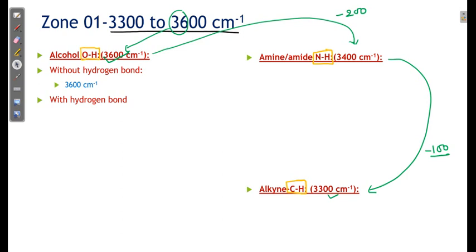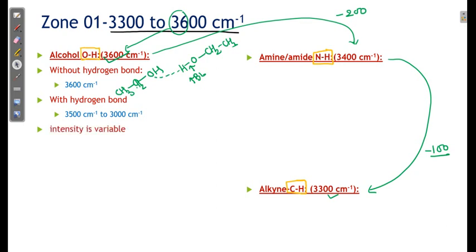the wave number value. Suppose this is my hydrogen, and another one is here, like this. So this will form this bond. When they make the bond, the bond length increases a little bit. If the bond length increases, we require less energy to stretch it. So we get a range of less than 3500 to 3000, and that is very broad,